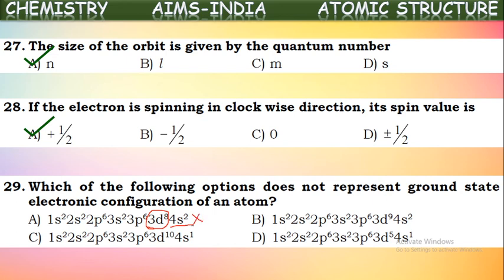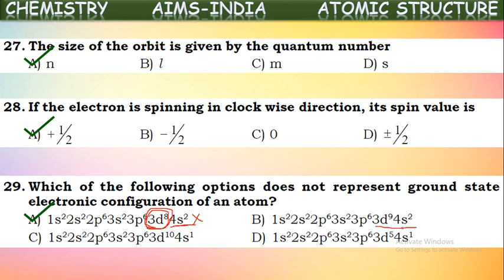What does it state here? The Aufbau principle states that lower energy levels should be completely filled with electrons first. So after filling the 3d subshell completely with 10 electrons, only then should electrons enter into 4s. But it is given wrong, so this is an incorrect electron configuration. This represents an excited state. Instead of the electrons being in the lower energy levels, if they jump to the higher energy levels, that is said to be an excited state. It is not a ground state electron configuration. Okay, this is incorrect.